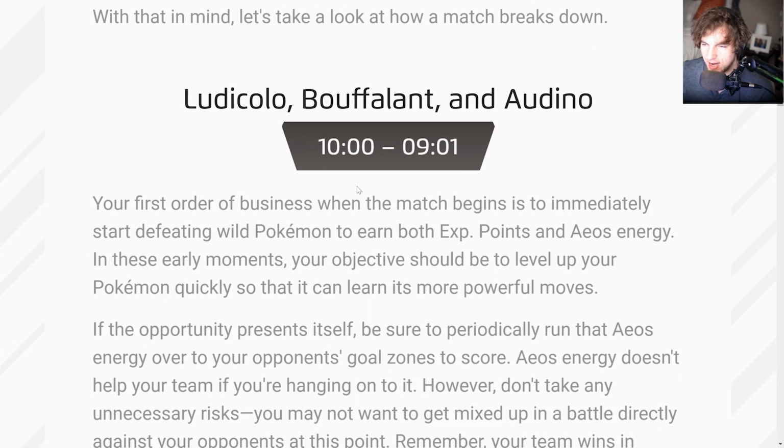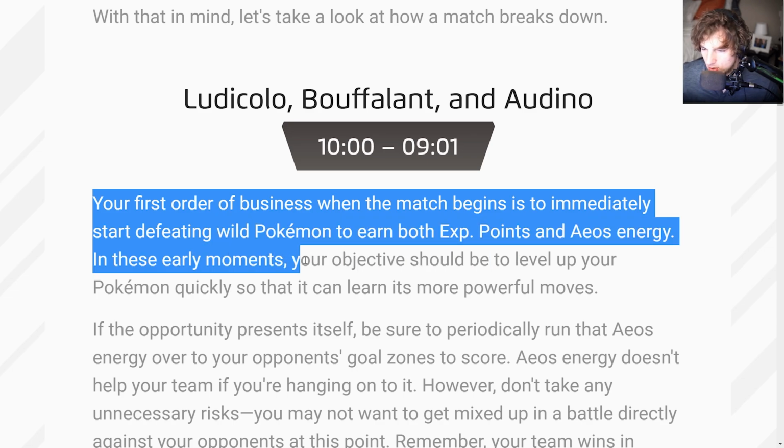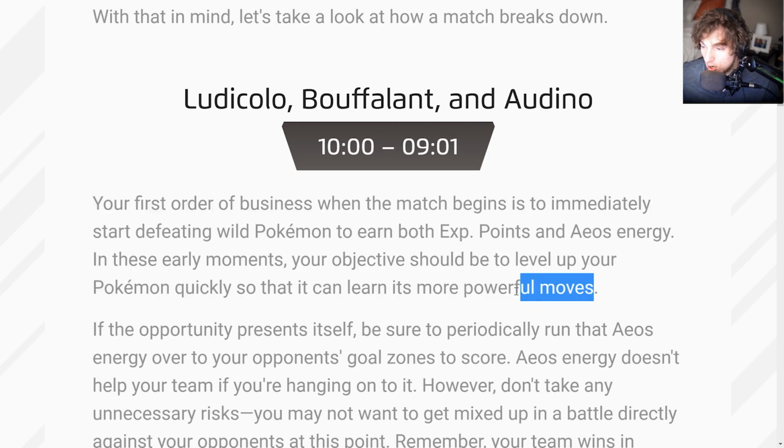And this is where I really love this guide, because there's a lot of numbers. So Ludicolo, Bouffalant, and Audino. Your first order of business when the match begins is to immediately start defeating wild Pokemon and earn EXP points and energy. In these early moments, your objective should be to level up your Pokemon quickly so that it can learn more powerful moves. And this is very subjective to the Pokemon, so more powerful moves start at different levels